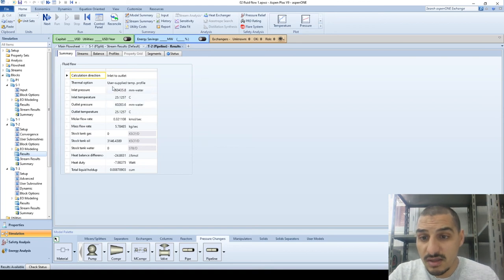We can see that the inlet pressure is 60,435 millimeters water. The outlet pressure is 60,283. There is not a lot of pressure loss. We have all the information here, and if we are interested in the profiles, we can take a look at,